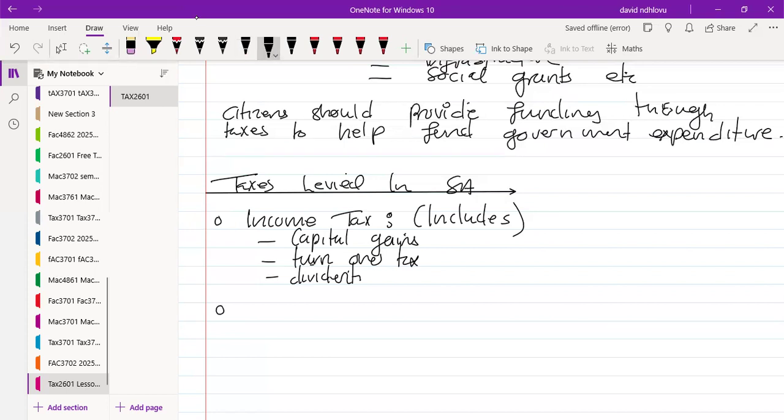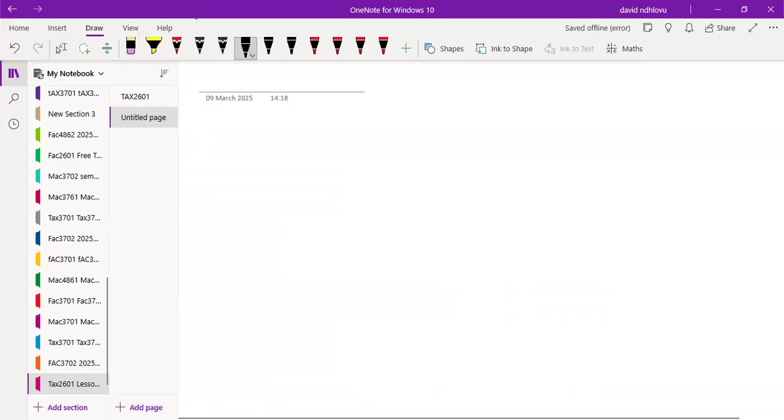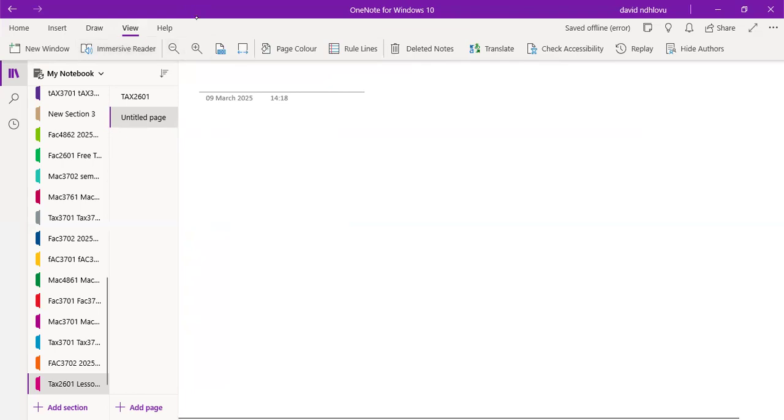We also have what we call value-added tax, VAT. The recently famous value-added tax. With value-added tax, you will notice every time that you buy goods or you access services, on your invoice, you normally get a portion that corresponds with VAT. It simply means when someone is selling to you, and that person is a VAT vendor, someone who is registered to charge value-added tax.